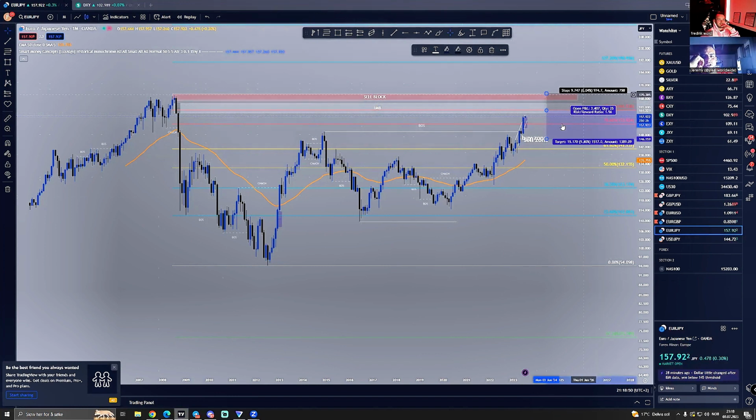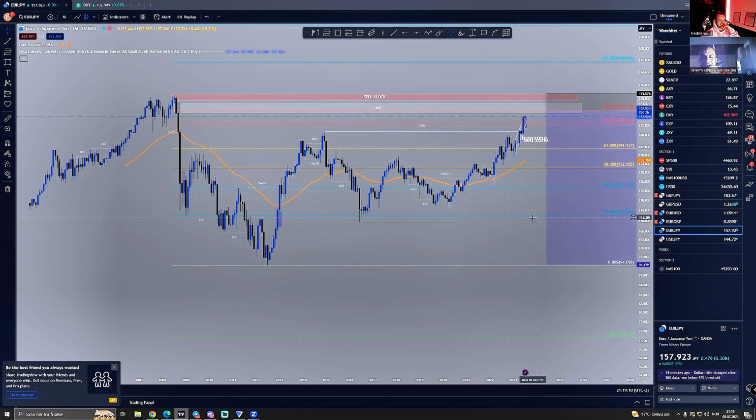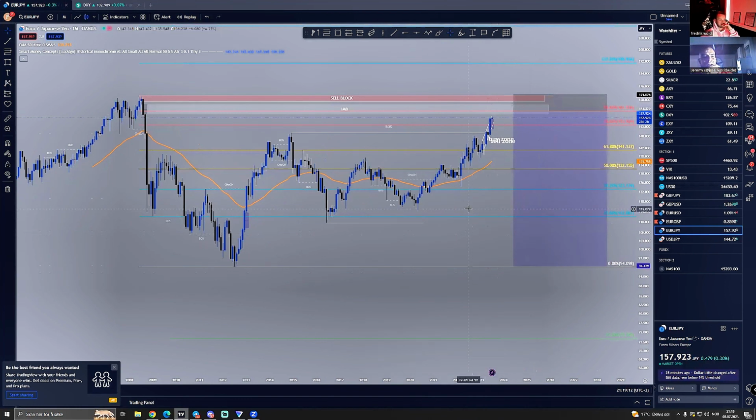A 400 pip stop loss. Yeah, but it's a lot. How much? Let's say it breaks these lows, we are on 6,685 pips. That's good. So that would take like months. I think it's not even a swing trade, that's like an investment trade. To be honest, when it's coming up here, it's just going to dip in and then